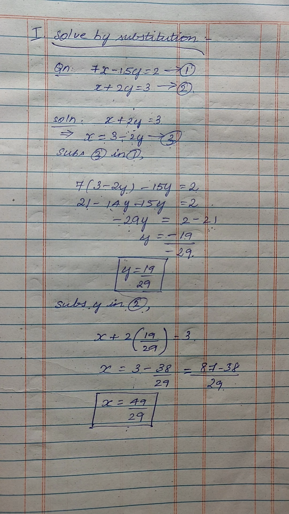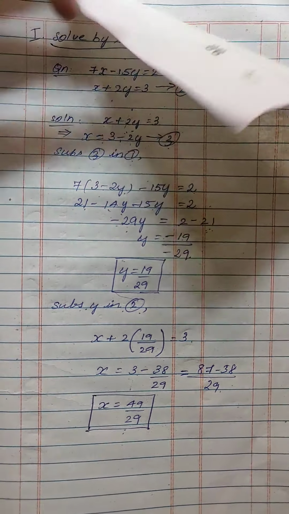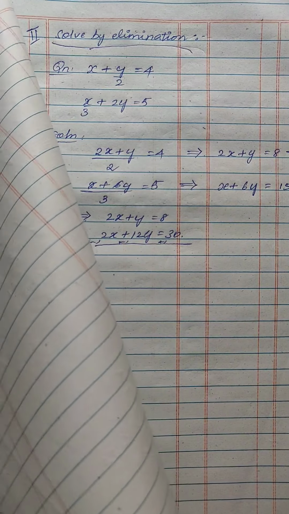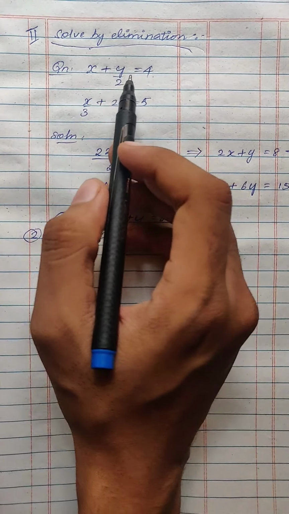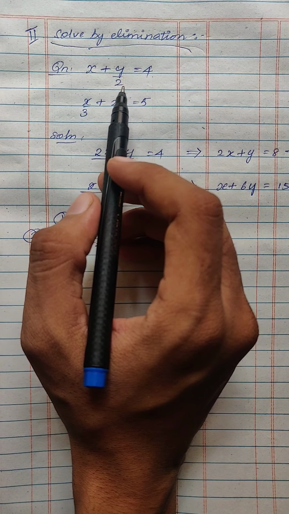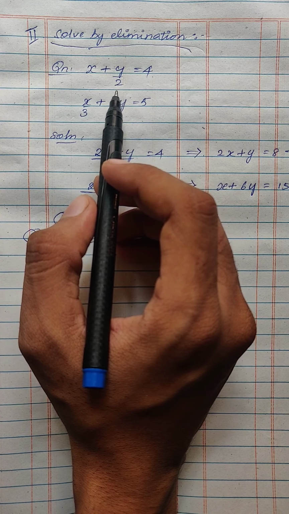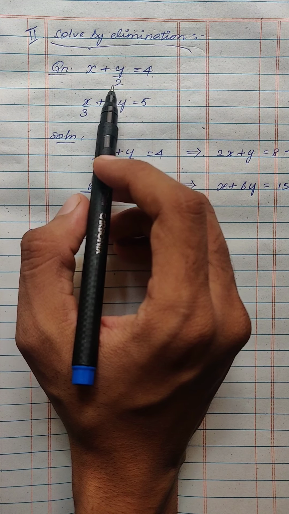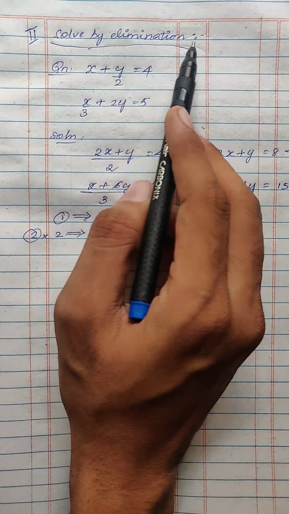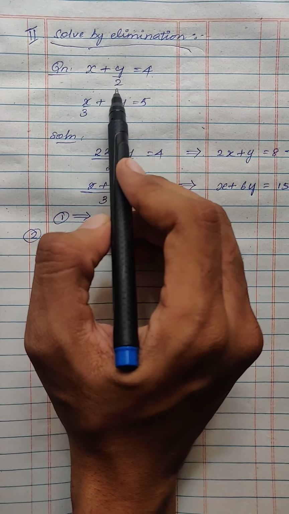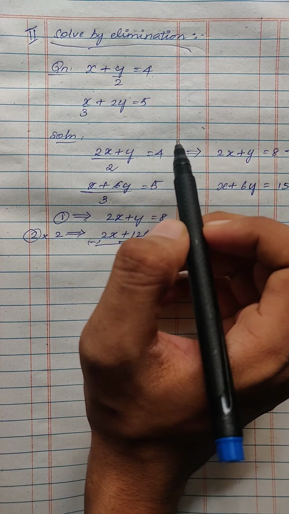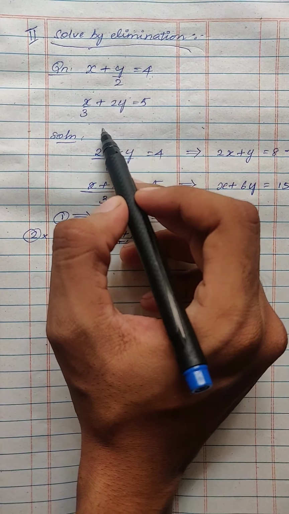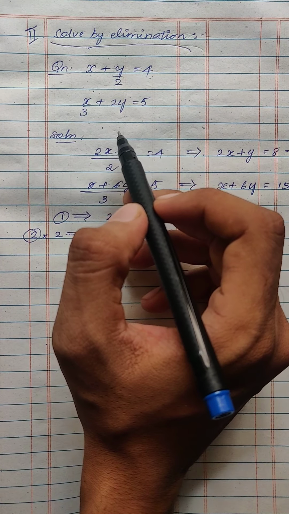There is a second method, which is called the elimination method, about which I have told you already. So we'll be seeing about this as well now. This is elimination. Any equation can be solved using any of the three methods. There is no restriction that you have to use only this method, unless they have given it in the question. So this is x plus y by 2 equal to 4, x by 3 plus 2y equal to 5. Now, in equations which involve fractions, you have to take the LCM before commencing the problem.